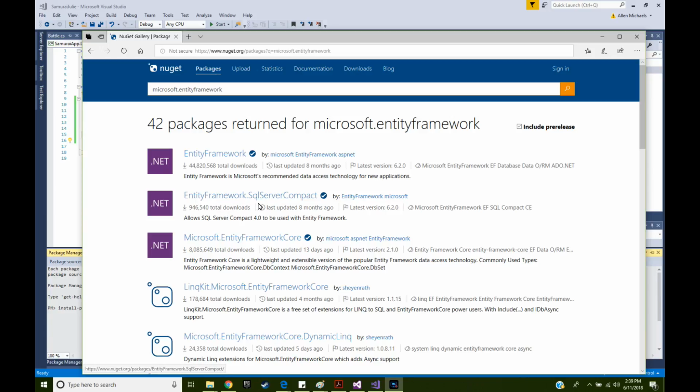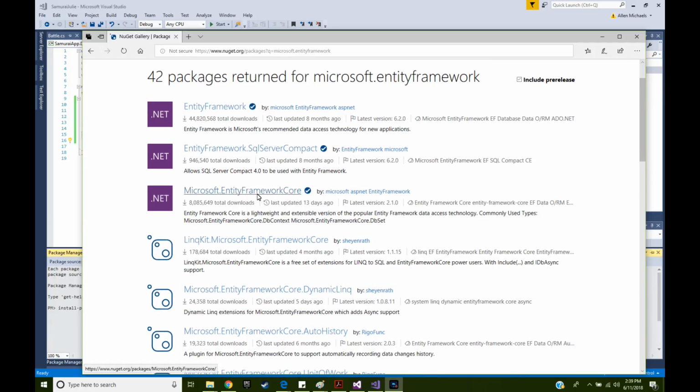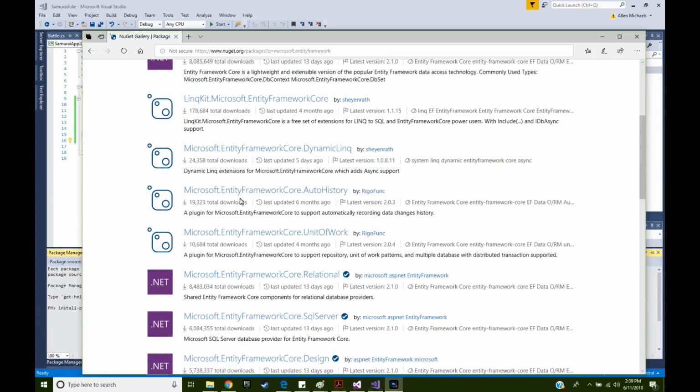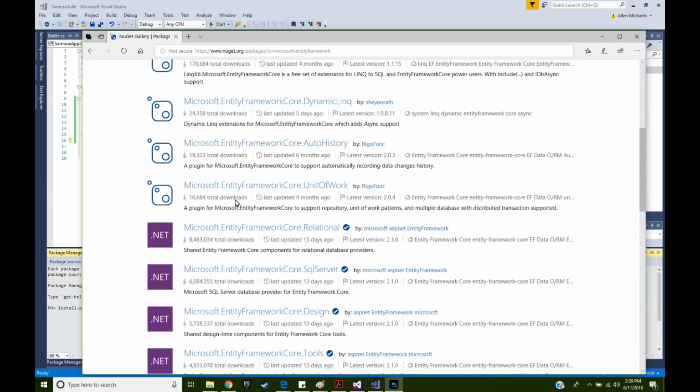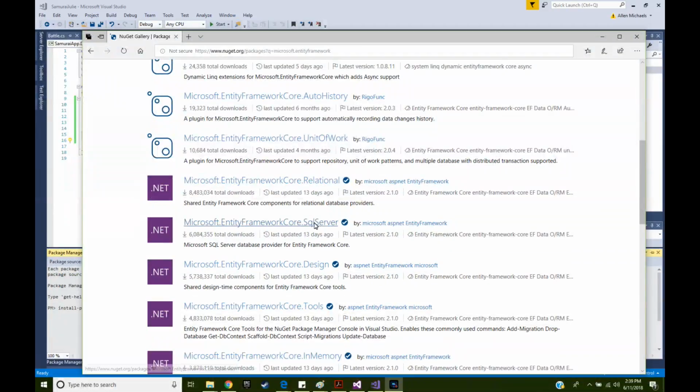Then we have Entity Framework SQL Server Compact, and we have Microsoft Entity Framework Core regular. But also something to think about is we are going to be working with a SQL Server in the back as our database server. So if we click on Microsoft Entity Framework Core SQL Server,